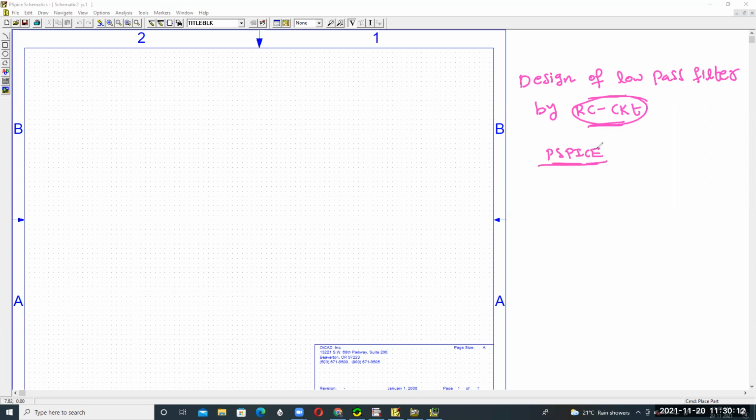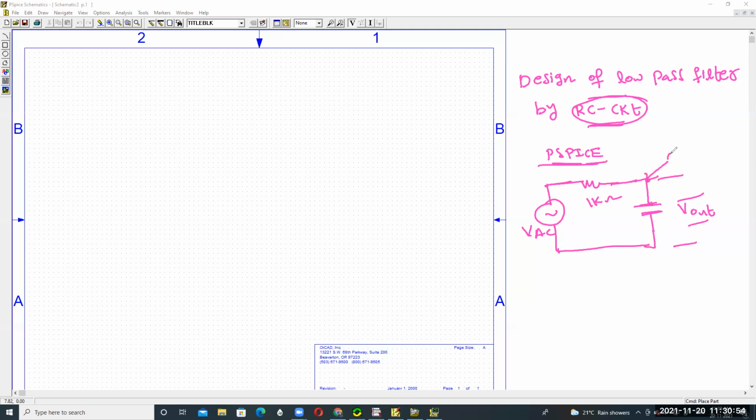First we need a VAC source, and this is called a resistor, for example, with a resistance value of 1 kilo ohm, and then a capacitance. This is called a simple RC circuit. The output across the capacitor is called a low pass RC filter. If you take the output across the resistor, that is called a high pass filter.